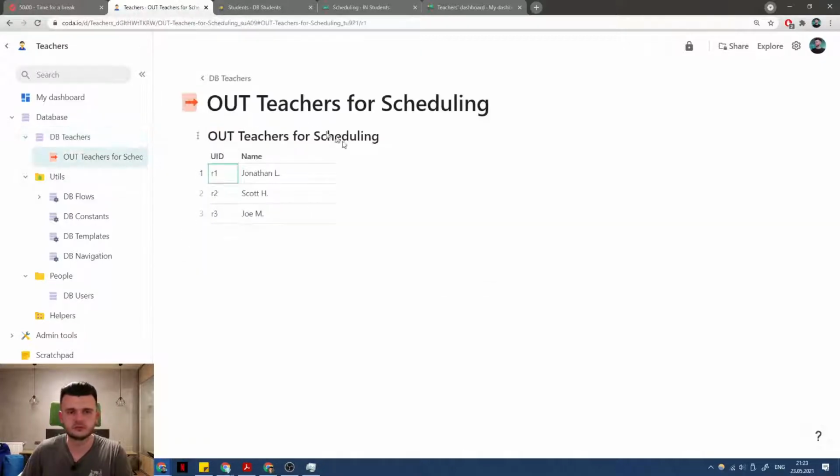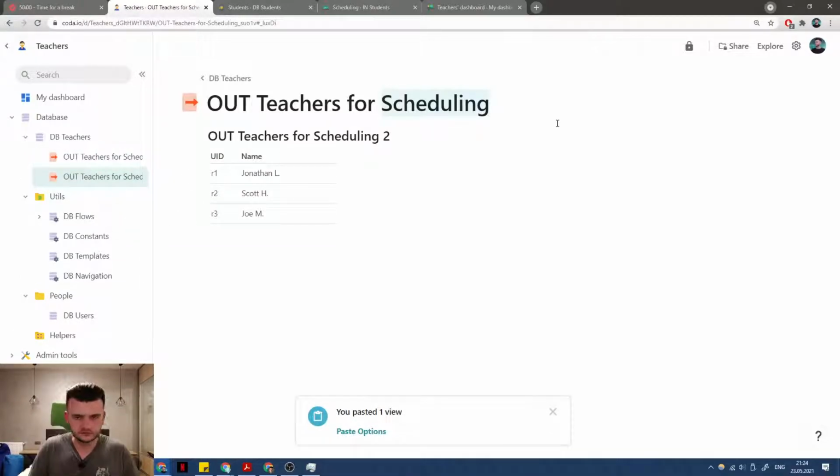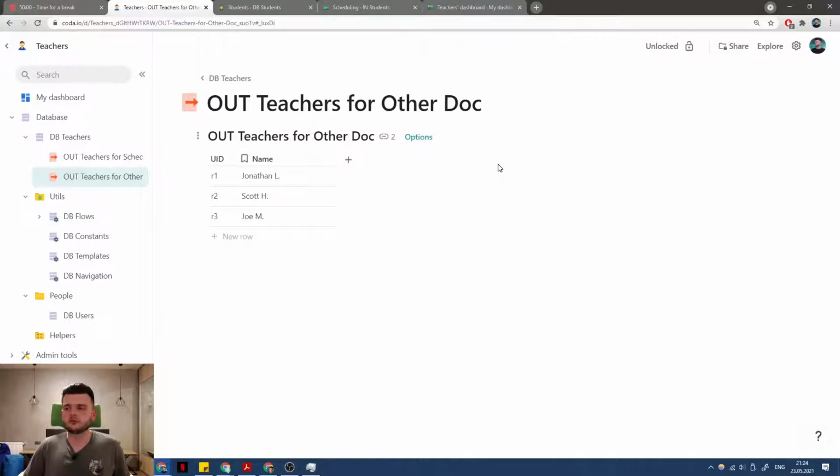subset of teachers or some portion of the data from the teachers or any table into yet another doc, even if it's the same thing at the moment, even if it's totally the same number of rows and the same columns, please do make a separate view, and you will thank yourself later when it turns out that you want to limit one view but not the other, or show something in one view that you absolutely cannot show in the other because, well, requirements change,